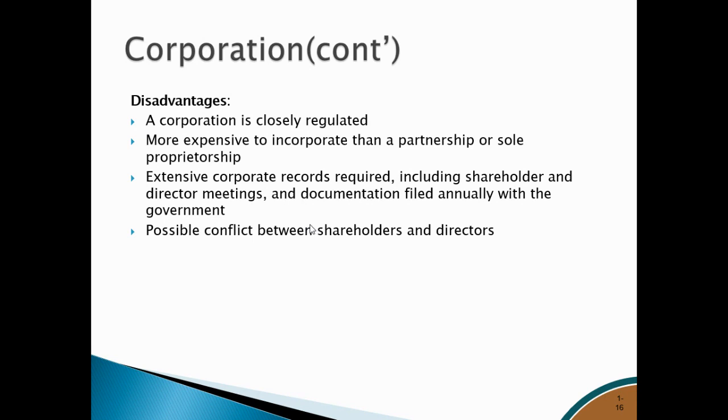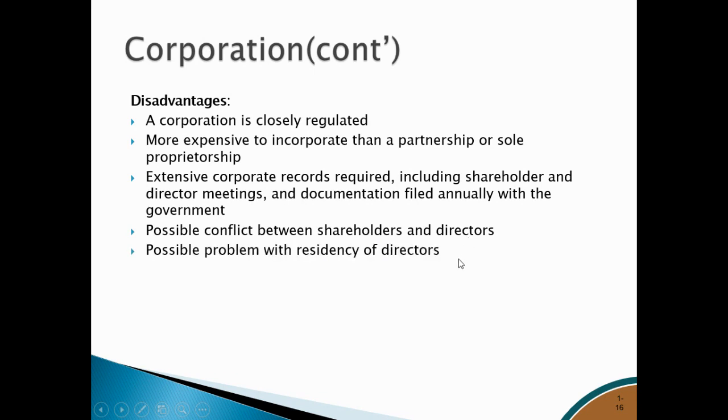And of course, conflicts. You can have conflicts between shareholders and directors. Shareholders want to maximize their wealth, but the directors' intention might be different. They want to increase their income. So there will always be conflict. When directors want to make certain decisions, shareholders will be against those decisions. In most listed companies, the shareholders are different from the people who manage the company, the directors.